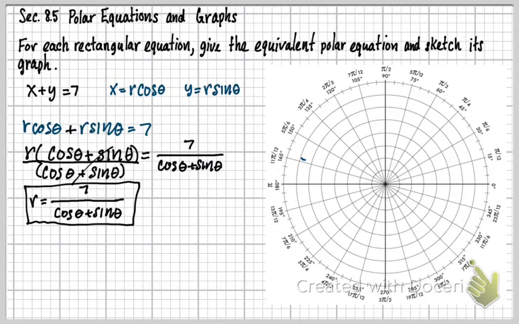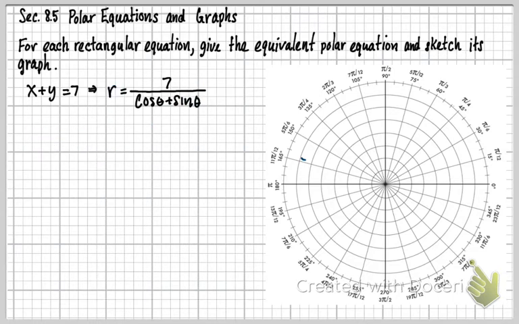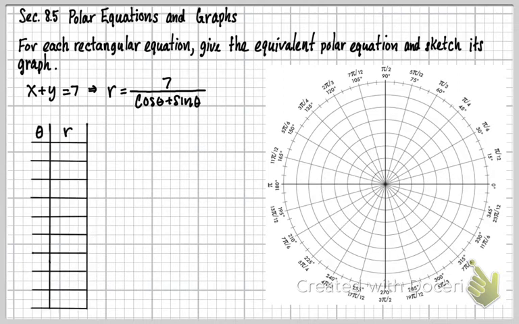So now what we're supposed to do with this is sketch it. So in order to sketch this thing, we're going to do an r theta table, because that's the only way to actually do this. So when we don't understand graphs or how they actually work at all, that's what we do. So here's our table. So now the values I'm going to pick for theta are going to be 0, and I'm just going to go by pi fourths. So that means 0, pi fourths, pi halves,